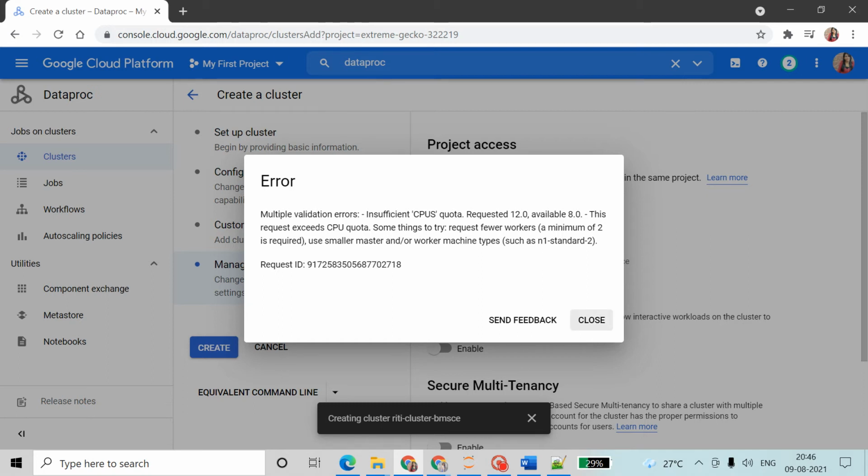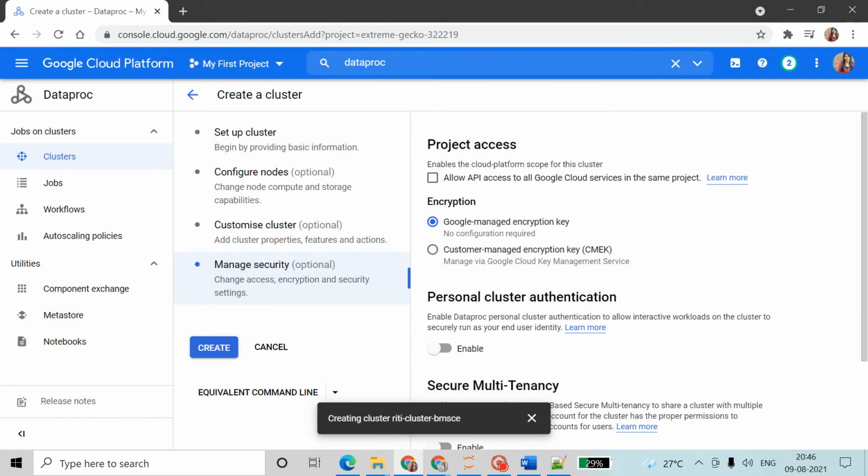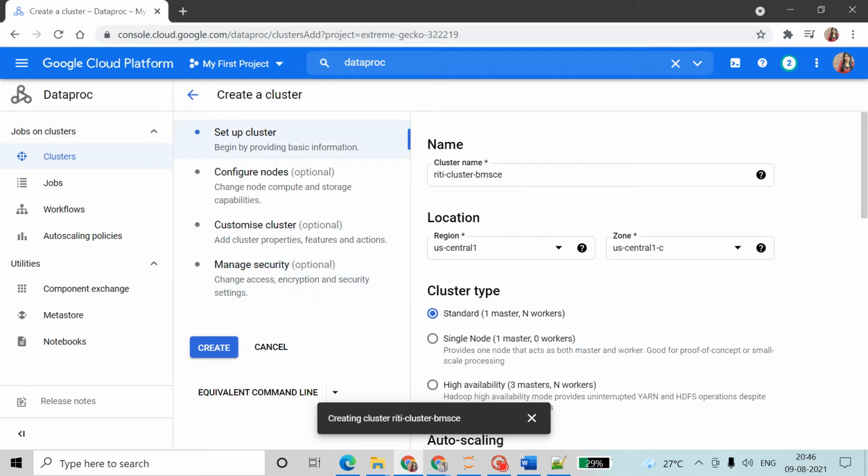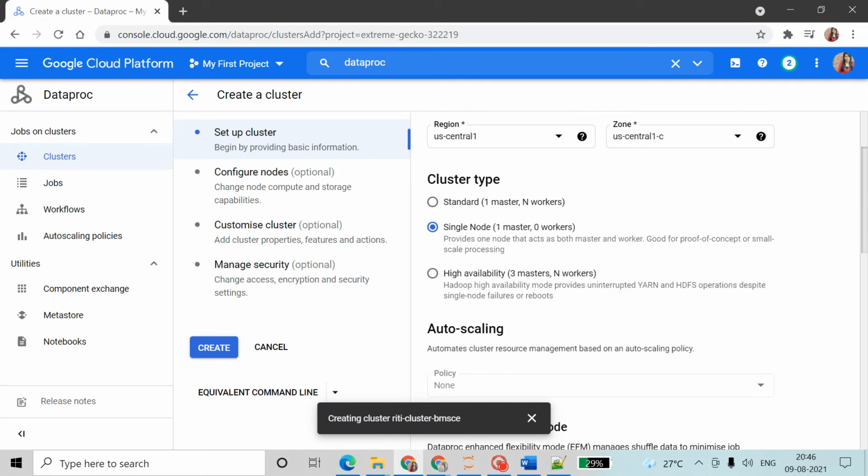Okay. Actually, I already created one cluster yesterday, so I guess because of that they are giving some warning.